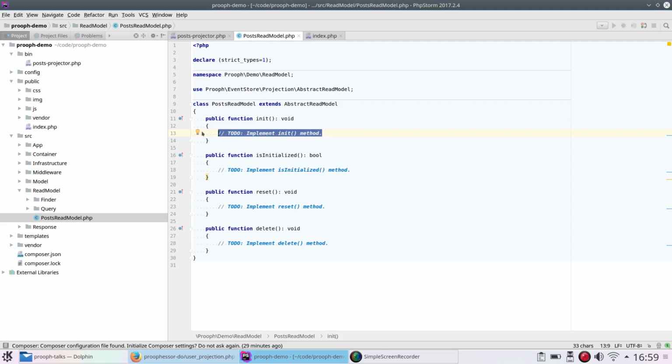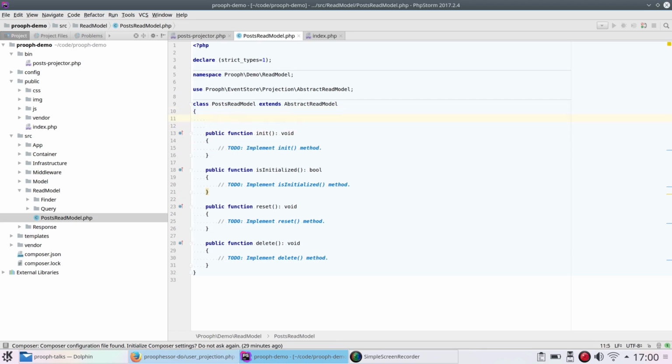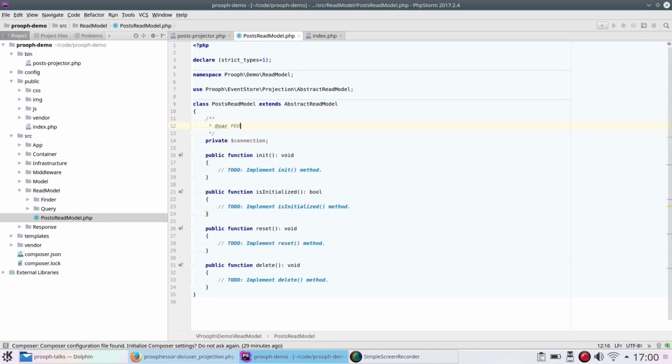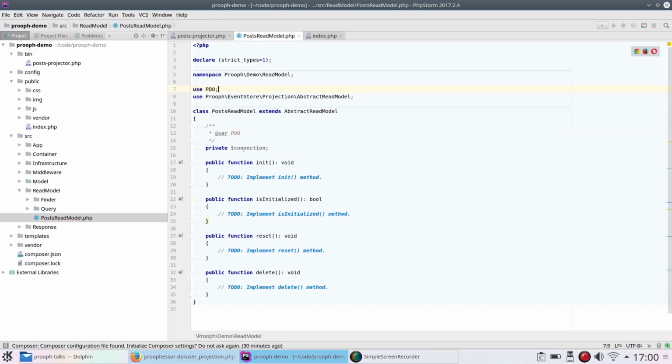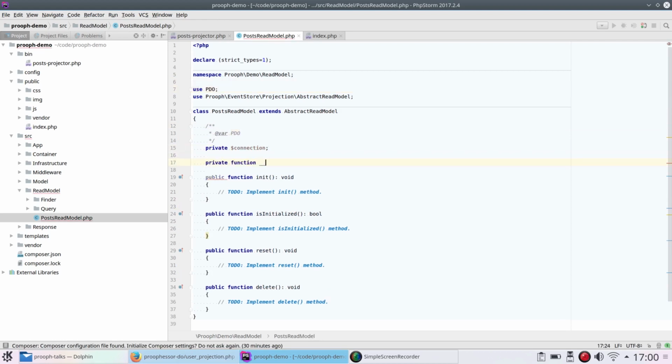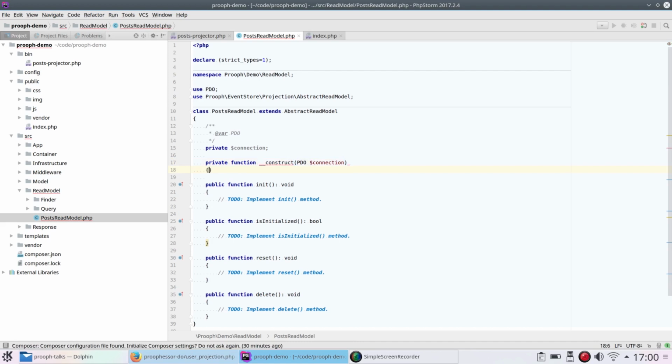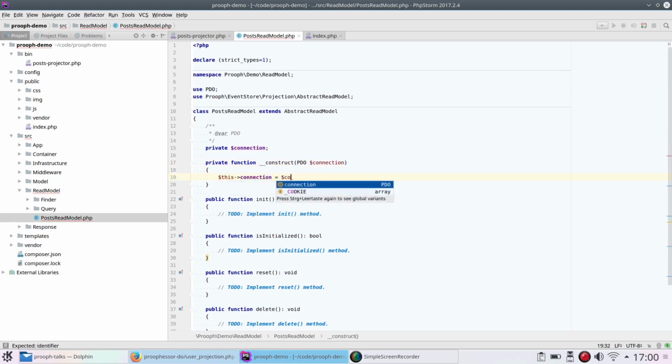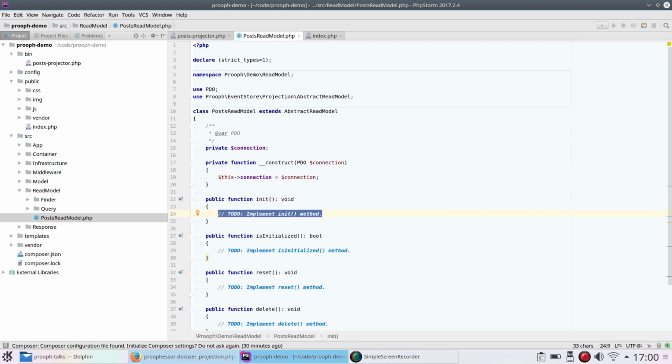So, in order to init this thing, well, we need the DB connection, of course, which is PDO. So constructor is finished. So when we init our read model, we have to create the database table. So create table posts,